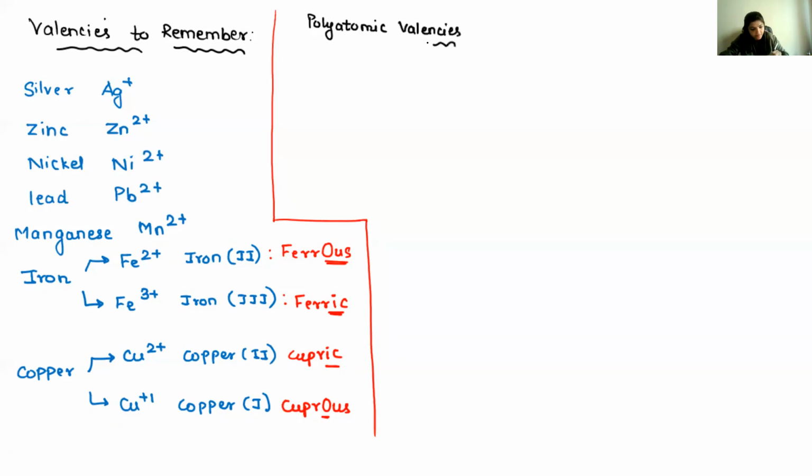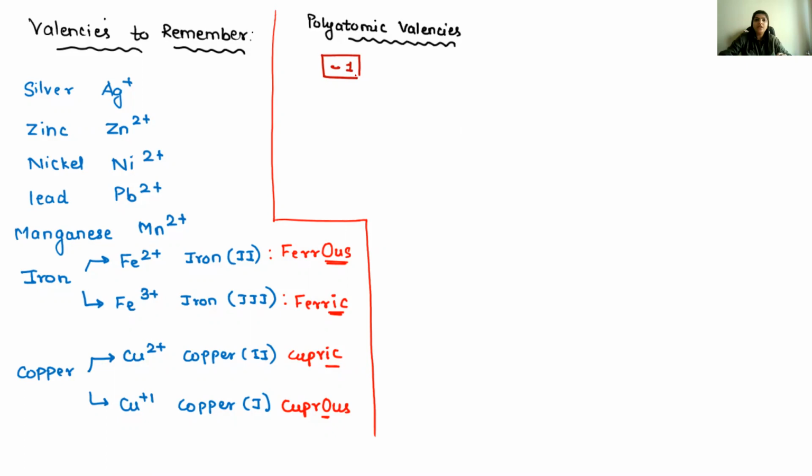The polyatomic valencies. So polyatomic valencies will go for the -1 category first. If you have different color pens, try to write each category in a different color. That's one way to register things in your mind, because when you start writing, you have that vision that, okay, this -1 valency I wrote with red or maybe blue, then -2 I wrote with purple. So if you have different color pens, just use them. It's always better. Your notes should be colorful.